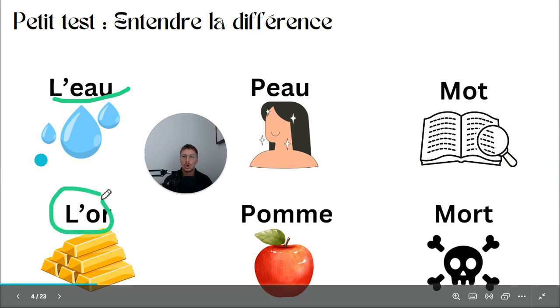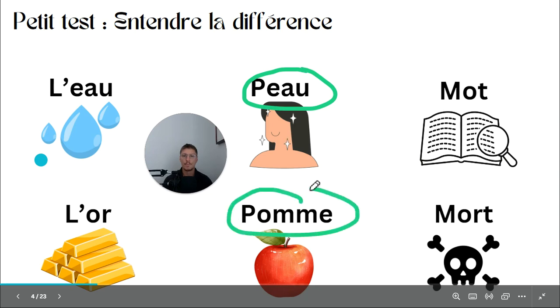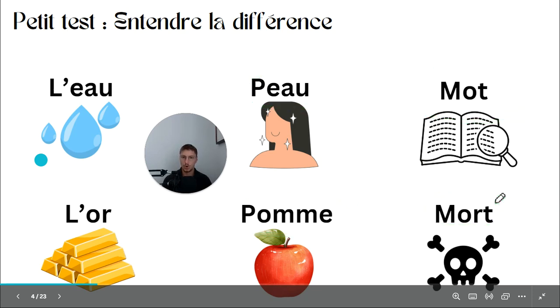L'eau, l'or. Pot, pomme. Mot, mort. So, obviously, here you have R, M, R that are different from the sound above, but I'm not talking